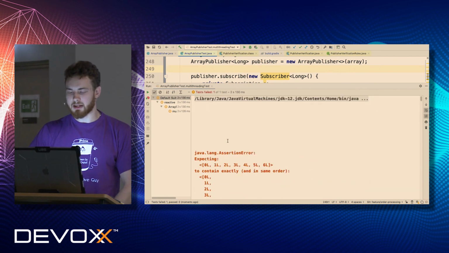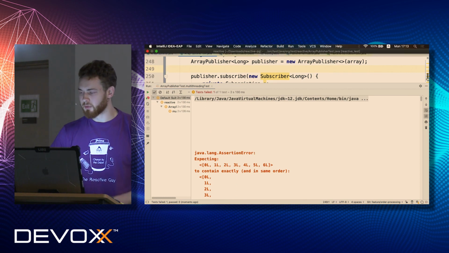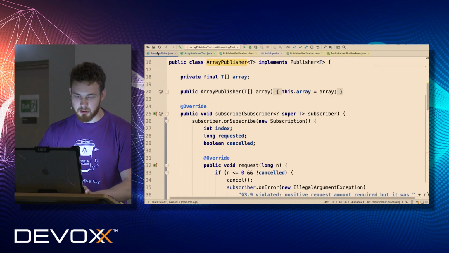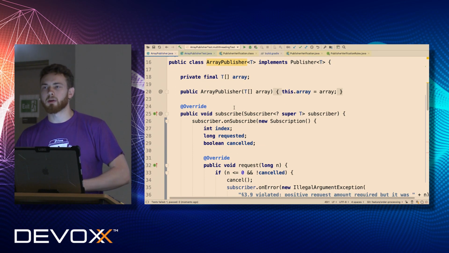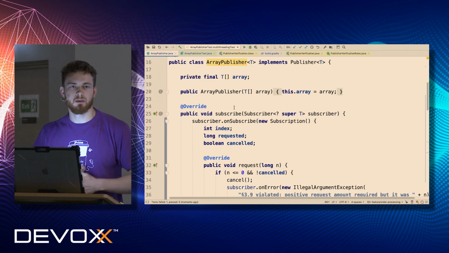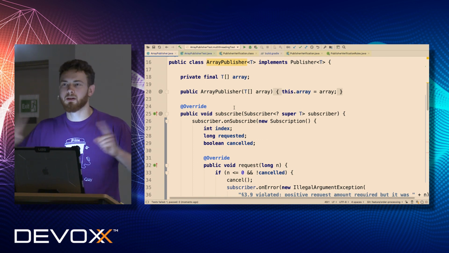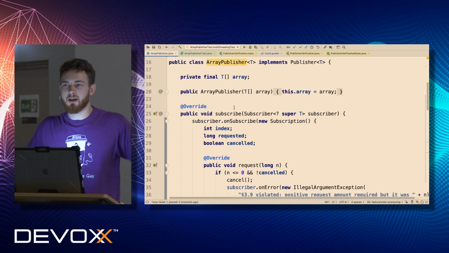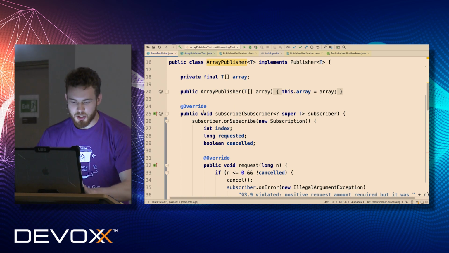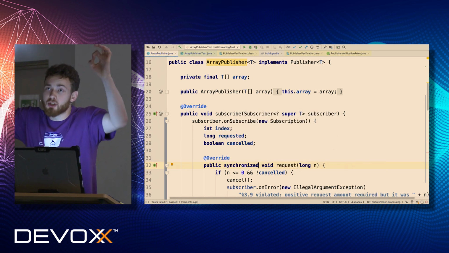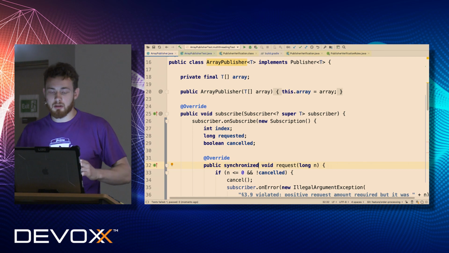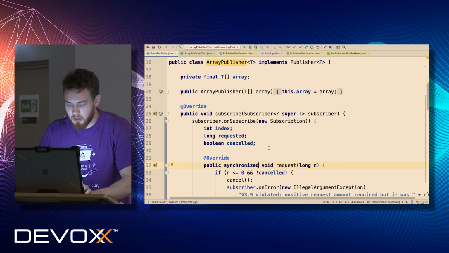And this has not happened. So let's go back to our implementation and try to figure out what we can do in order to make it work. Any ideas? Your thoughts? What can we do? Right. The simplest solution is just to make this request method synchronized. Of course, the specification says that we should make the request method non-blocking, but we could not follow this rule.